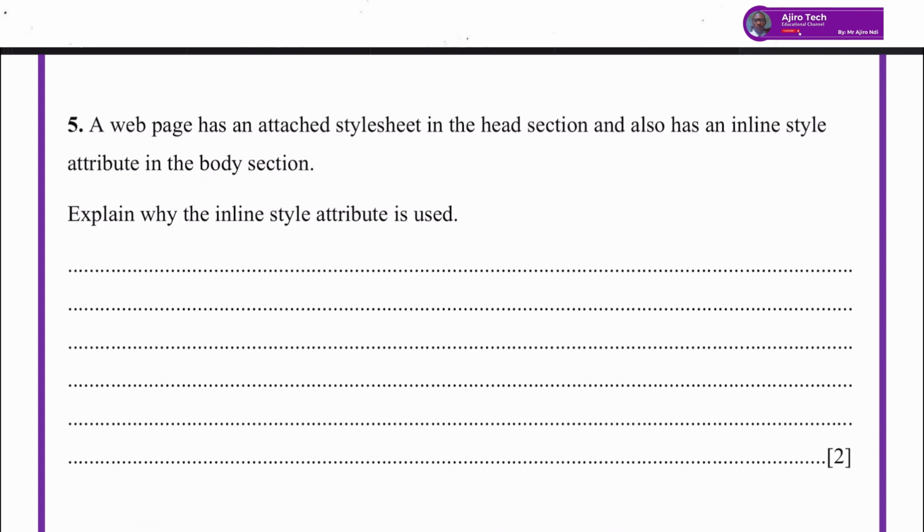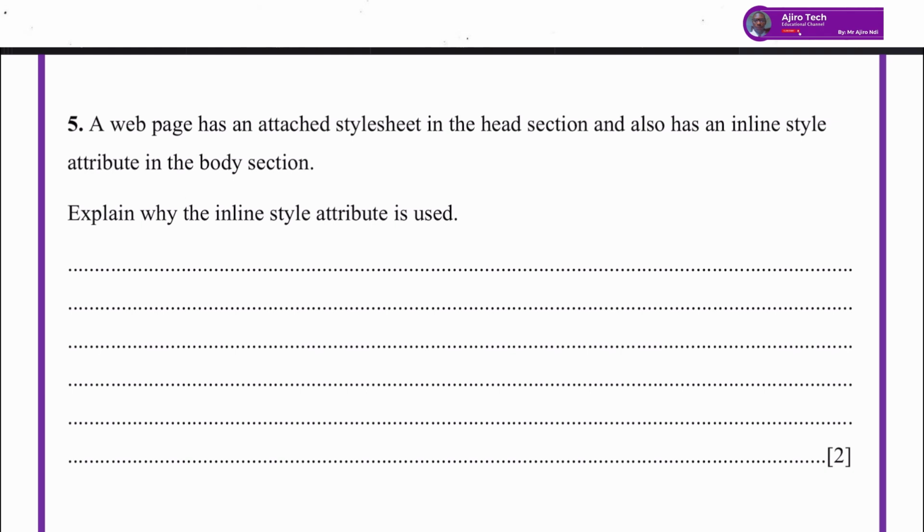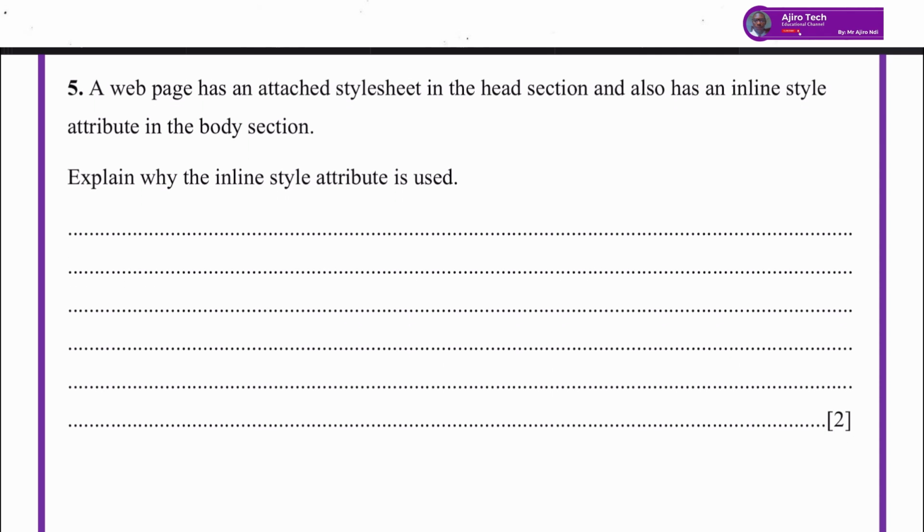A web page has an attached style sheet in the head section and also has an inline style attribute in the body section. Explain why the inline style attribute is used. The inline style attribute is the one that falls in the body section, the one where you use style equals, and then you put all this in whatever tag. It could be in your H1, it could be in your table, etc. Right? So here we can see that